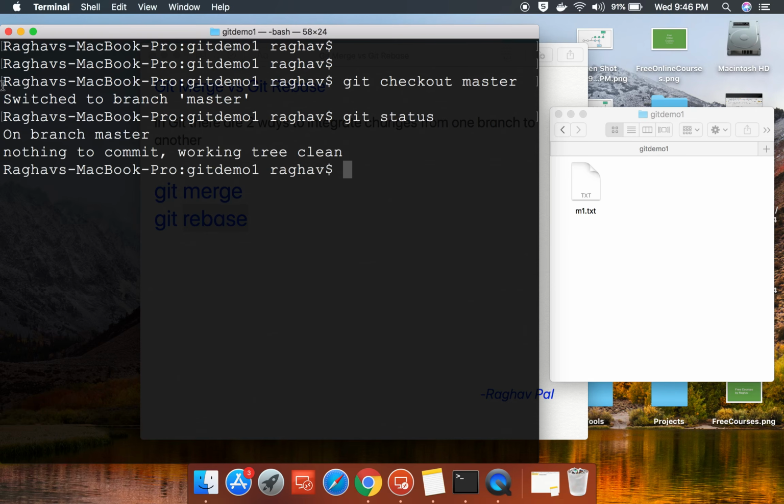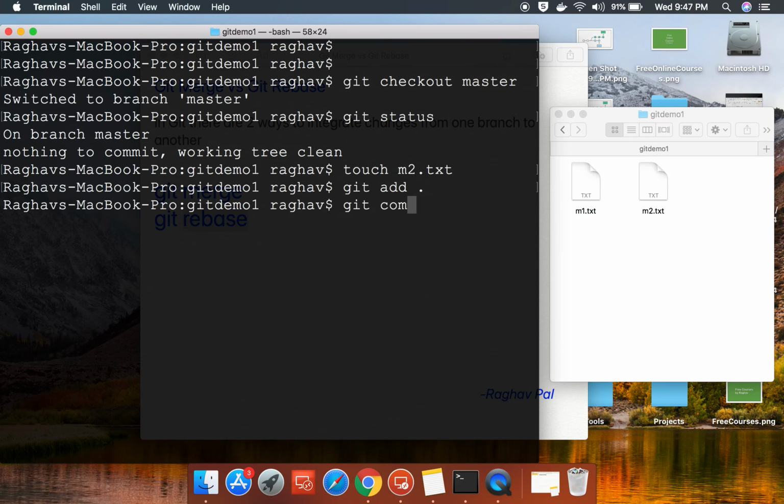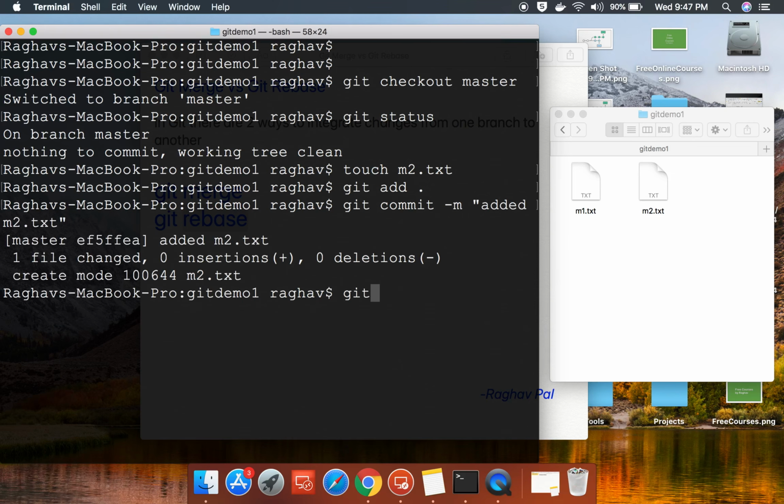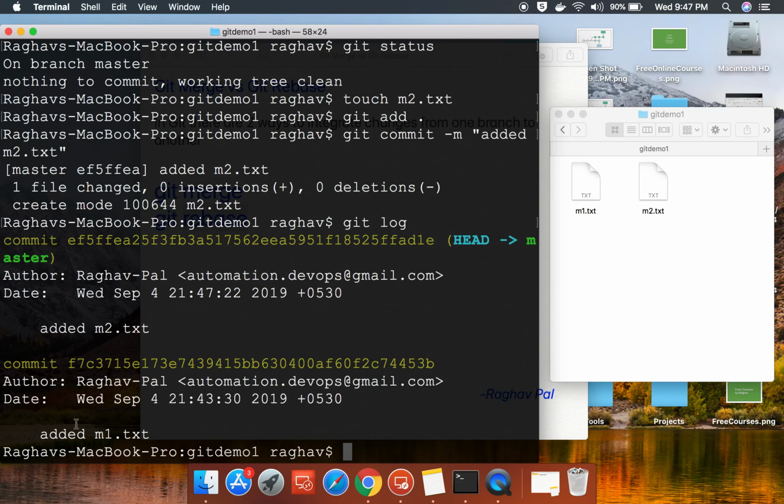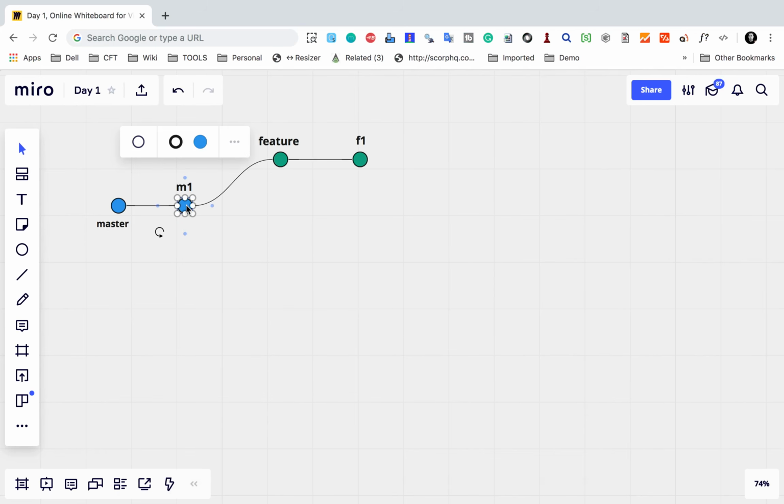If I say git status, it says on master branch, and let's just say now I am doing some more changes in my master branch. So I'll create a new file called m2.txt here, and it is created, and I will say git add and git commit -m added m2.txt. And if I say git log now, you can see I have two commits in master, m1.txt and added m2.txt. So now what has happened is our master has also gone ahead after creation of the feature branch,